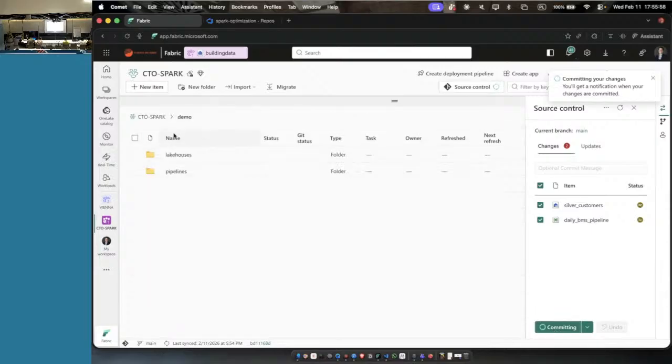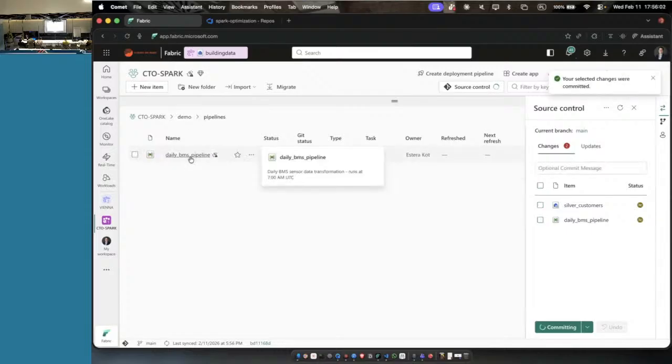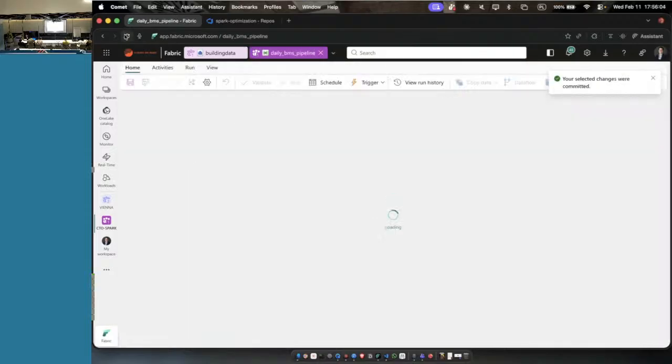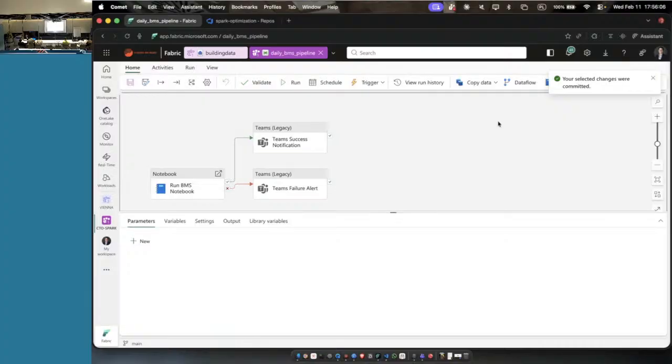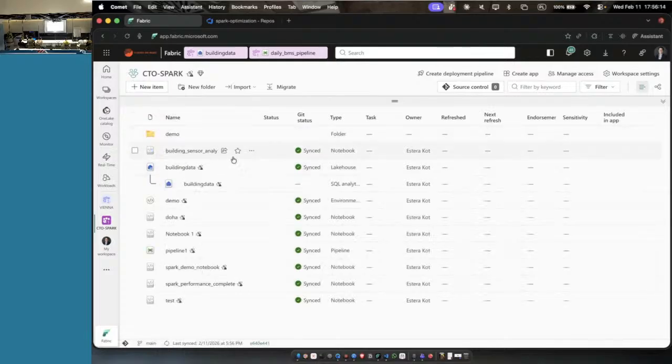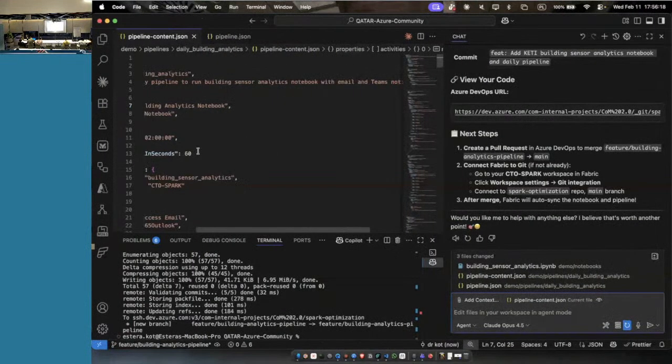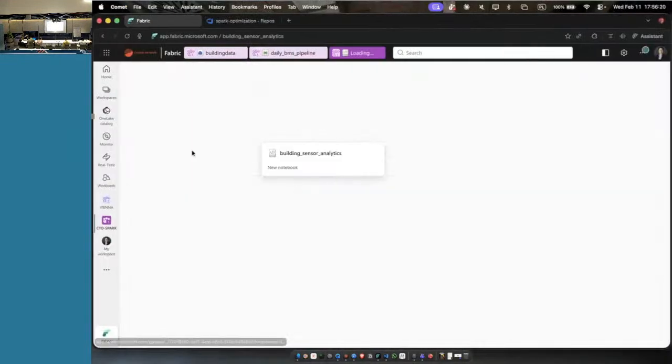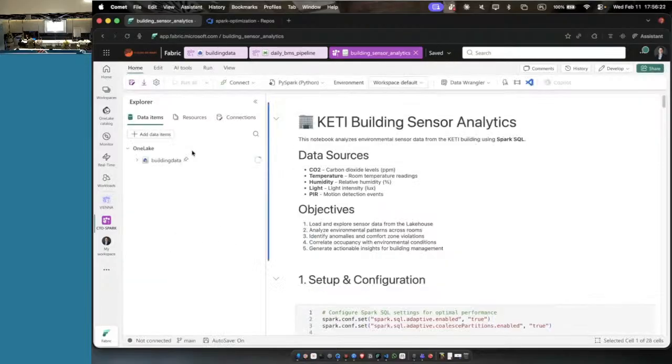Okay, in the demo, we have pipelines, we have a BMS pipeline. Okay, the pipeline is the same. In terms of the Lakehouse, we have the accesses there too. This is our notebook.